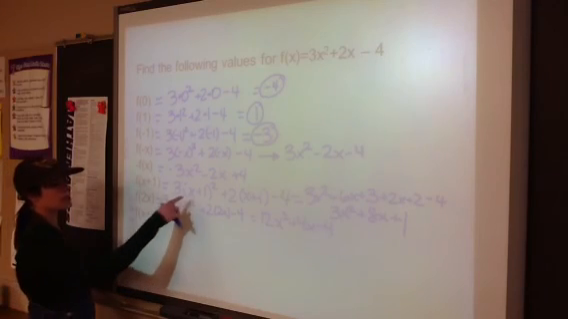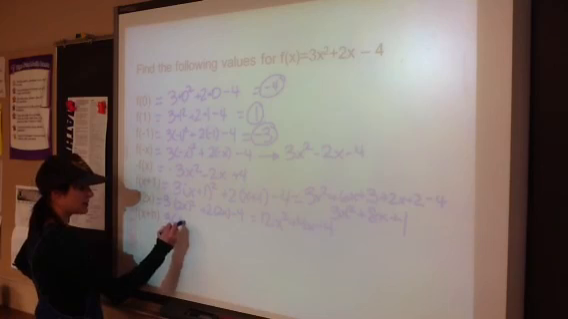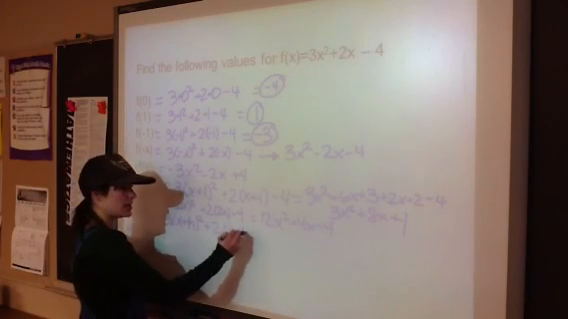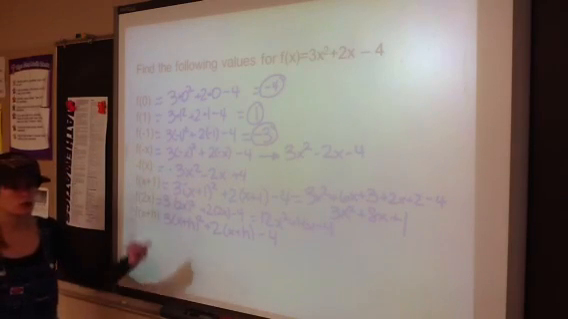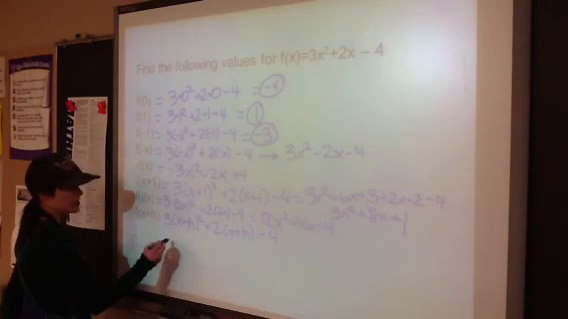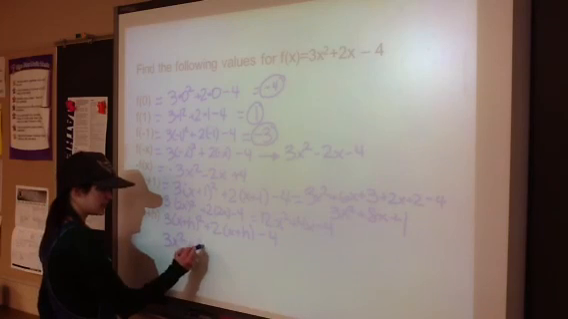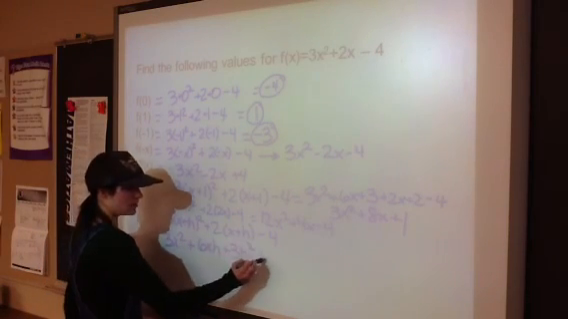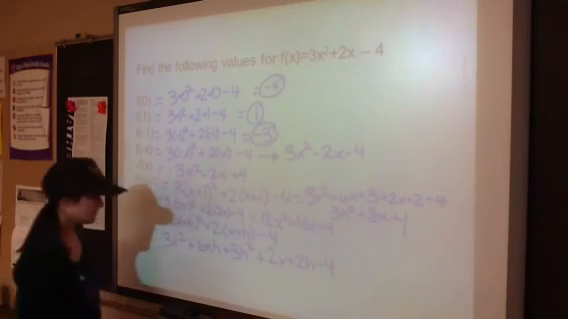Plug in x plus h, it's going to look very similar to the x plus 1. So we have 3 times x plus h squared plus 2 times x plus h minus 4. Area model, distribute your 3, distribute your 2, add like terms. So we get 3x squared plus 6xh plus 3h squared plus 2x plus 2h minus 4. There are no